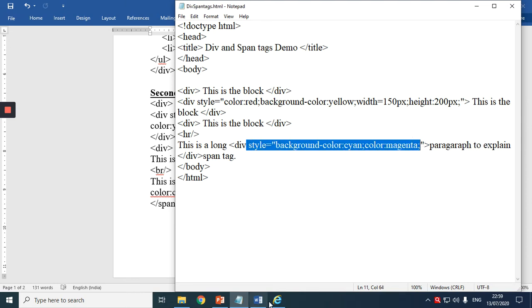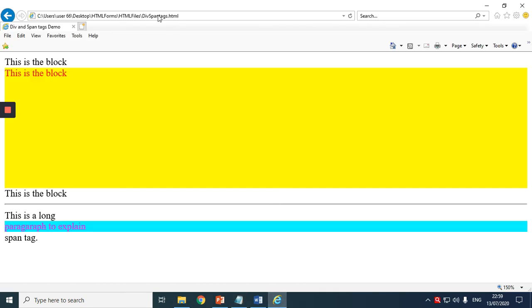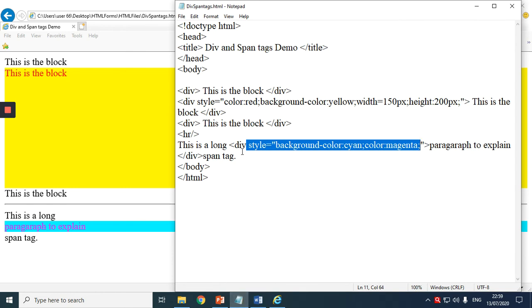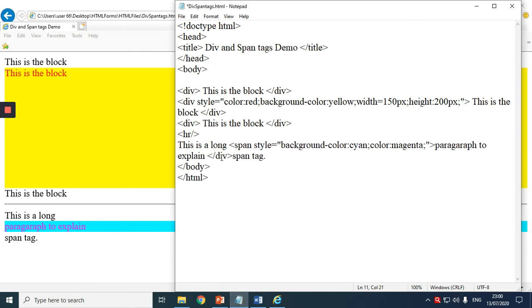Control S and reload. See, the CSS property, that is styling, is applied to the text which is surrounded by the div tag, but still the text is pushed to a new line. I don't want it in a new line. I want it in the same line. So what we'll do, simple, only replace the division tag by the span tag.